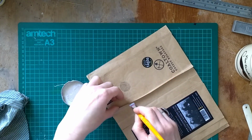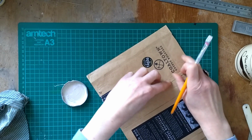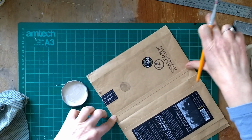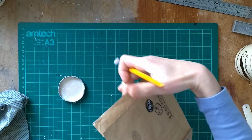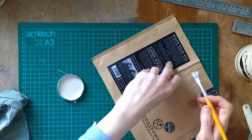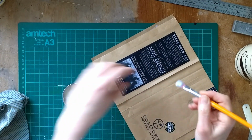And while I'm waiting for this to dry, I can start on cutting the paper for the pages that are going to go into this notebook. I don't know if the whole thing is actually going to work or not, but if it's not working, I can use the pages I've got for something else, and I want to stay optimistic. I'm sure I can do something with it. And even if it's kind of a failed experiment,